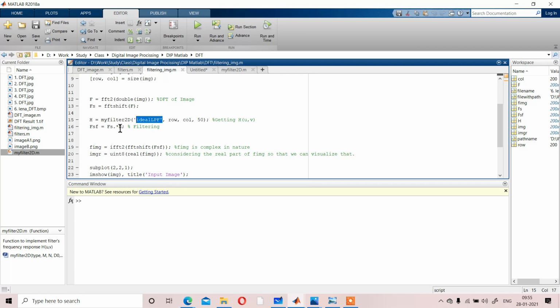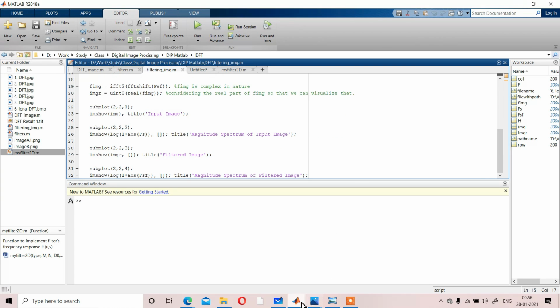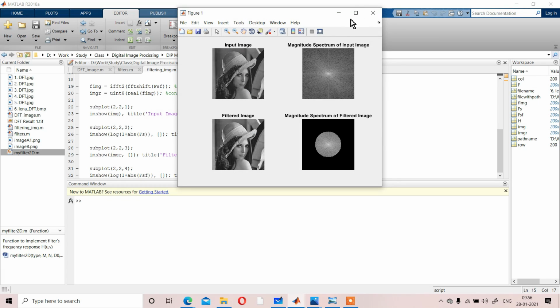We have considered the ideal low pass filter, and depending on that ideal low pass filter, we are getting this result.